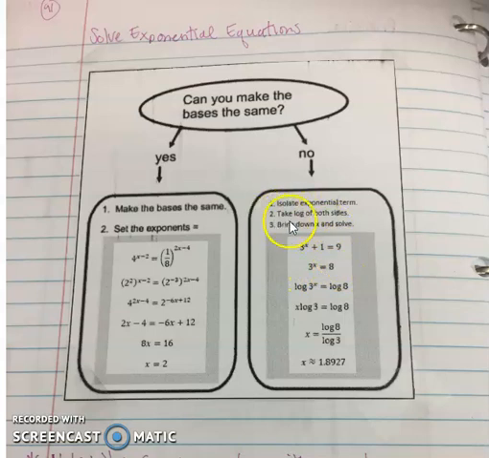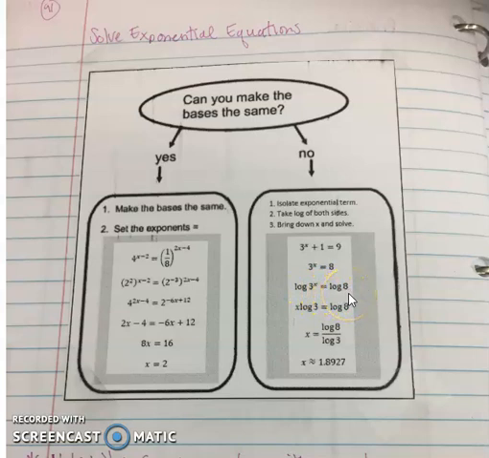So we're going to do step 2 now. It says take the log of both sides. You could technically take the ln of both sides as well, and that would give you the same answer. So when I take the log of both sides, I'll get log of 3 to the x set equal to